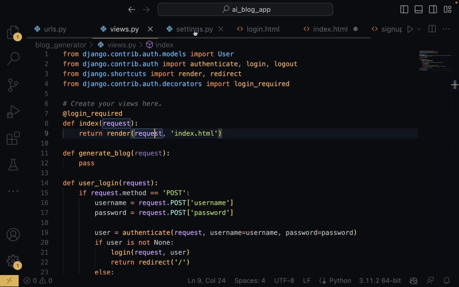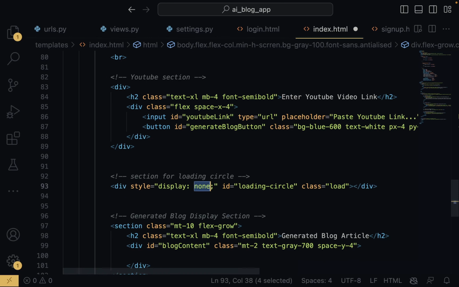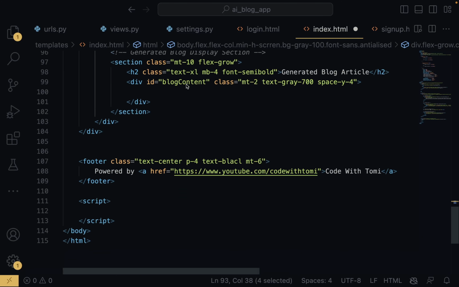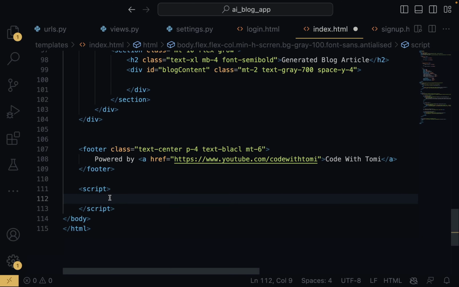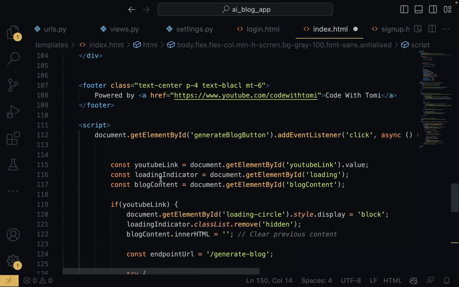So right here in index.html, what I'm going to do is to just paste in a JavaScript. So I'm just going to paste in a script right here, and just overwrite all of this and paste that in. So I'm going to explain what all of this does step by step. Now right here you can see that the first thing that we're doing is saying